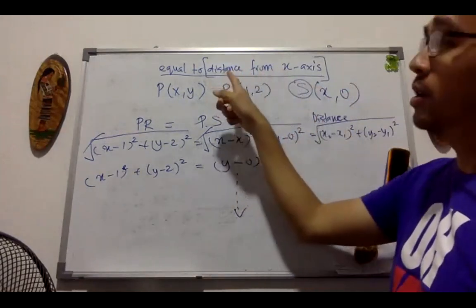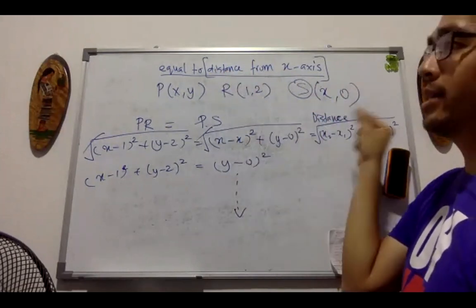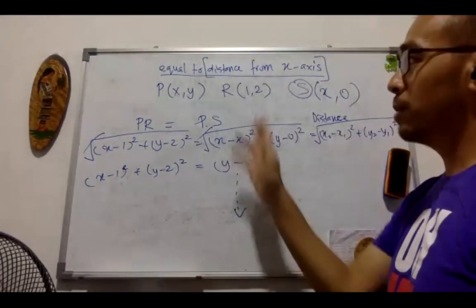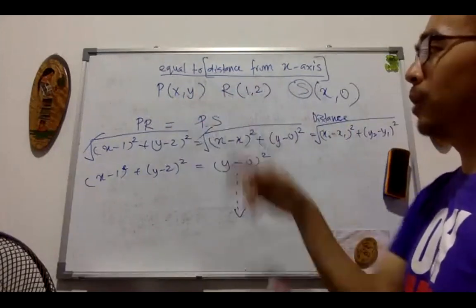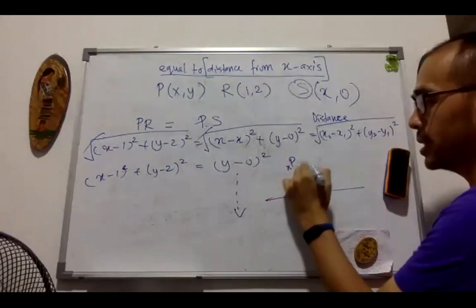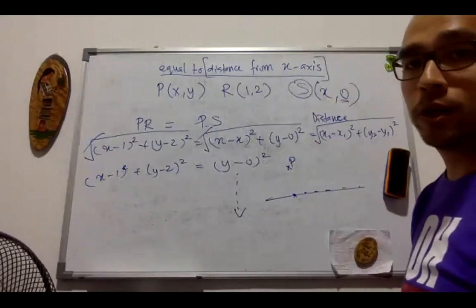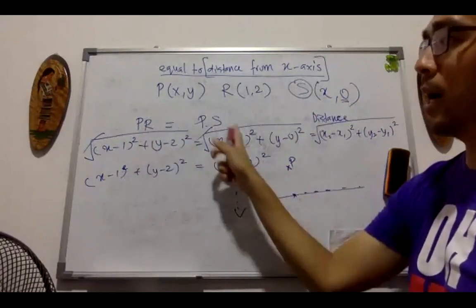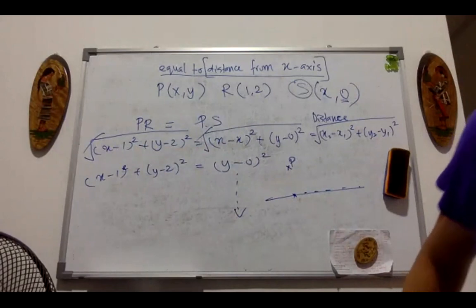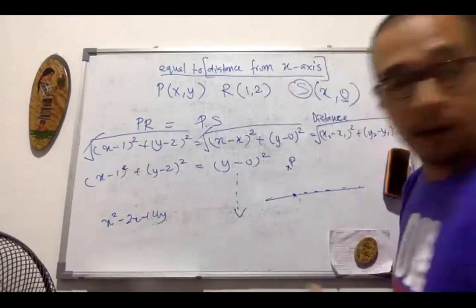So it's very important for us to know how to change this into mathematical form. Distance from the x-axis means x is an unknown point here, but y will always be 0. Whatever point that P travels on, if this is the locus of P, it is always the same distance anywhere along the line, but the y must always be 0. So when you have figured this out, you do the equation, expand and simplify. According to the answer, you should get x squared minus 2x plus 4y